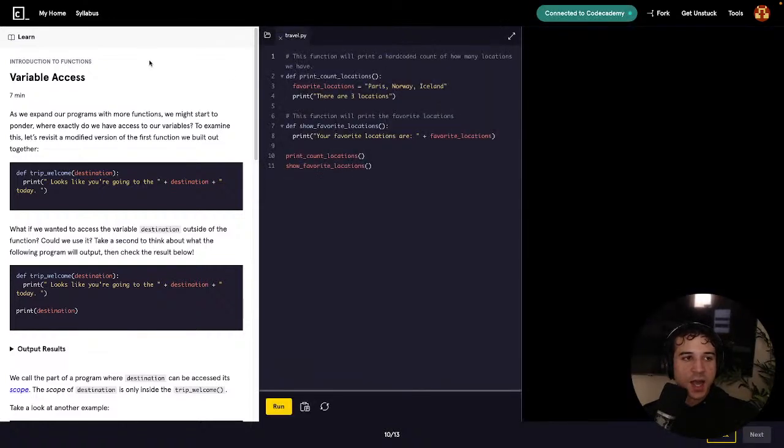Variable access. As we expand our programs with more functions, we might start to ponder, where exactly do we have access to our variables? To examine this, let's revisit a modified version of the first function we built out together. Def trip welcome destination print. Looks like you're going to the plus destination plus today. What if we wanted to access the variable destination outside of the function? Could we use it? Take a second to think about what the following program will output, then check the result